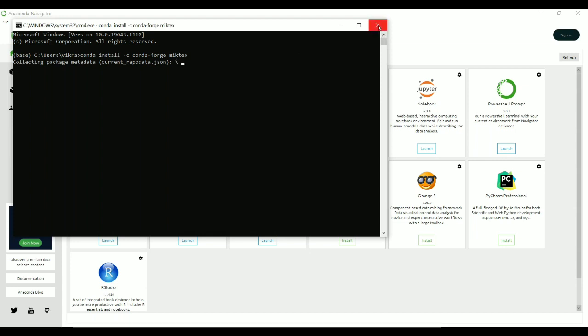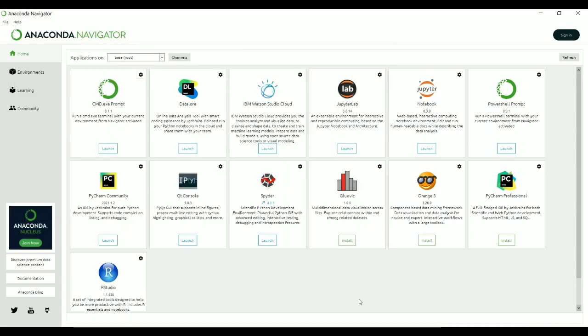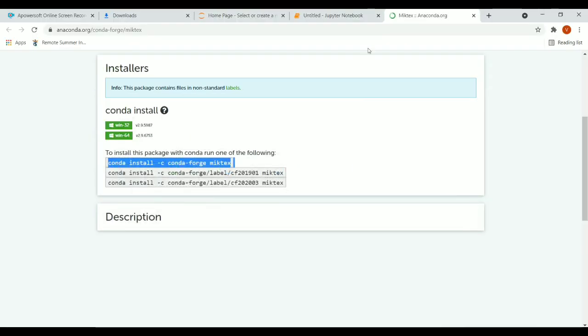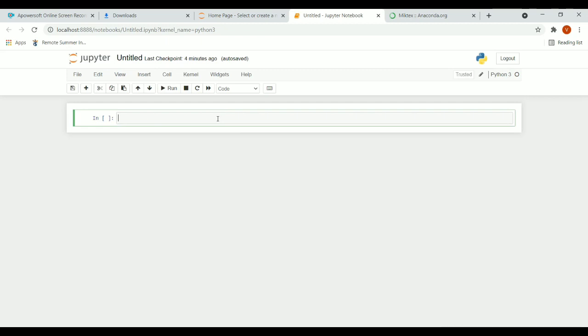So this is how you can download the package or how you can work with the command prompt. This was a basic tutorial on how to download. Now we will see a basic program by using the Jupyter Notebook. We will see how you can work with Jupyter Notebook. Similarly, we will see it with PyCharm also.